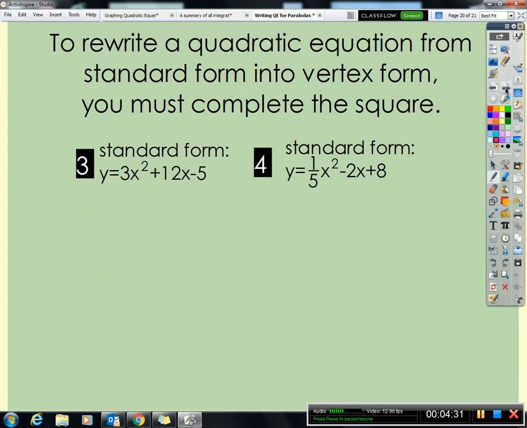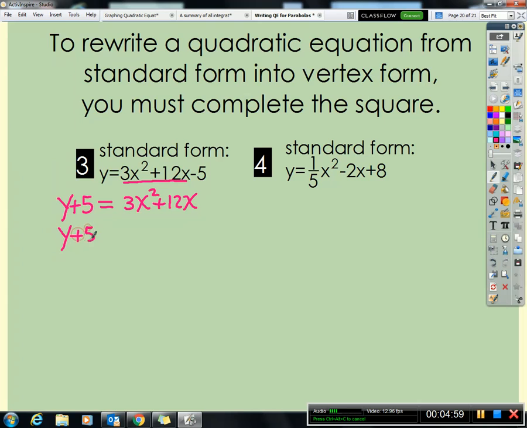Now, again, we need 3x squared plus 12x on the side by itself, so the negative 5 is in the way. Move it to the y side. My problem is I can't complete the square with a 3 here. So your options are to factor out the 3 or to divide out the 3. Since on the last one I divided, on this one